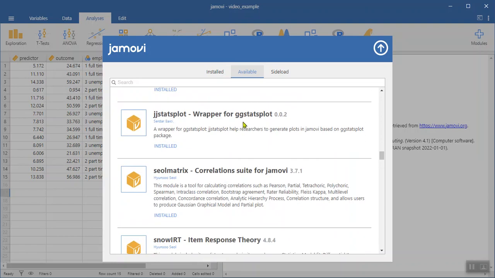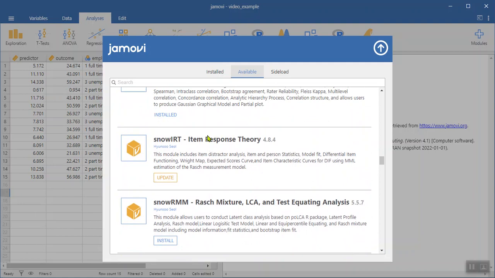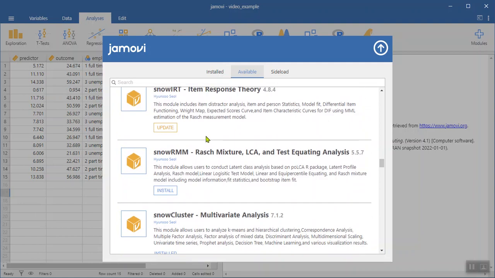I've got this one, which actually uses ggstatsplot, which is the R package ggstatsplot, and it's already installed on my system because I'm actually going to use it and show you it. Here's a nice example of update. So you would press update, you'll see it comes up. It's now updating it,